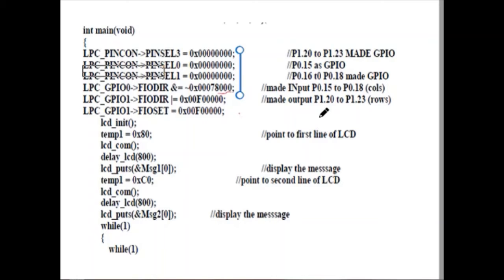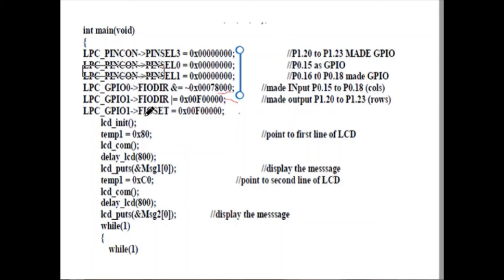And if you want to use them as output pins, you have to make the value 1. Similarly, for 20 to 23, we are now using a direct value, we are not negating them. This F corresponds to the bit positions 20 to 23. If you consider this value over here, then we get this configuration.